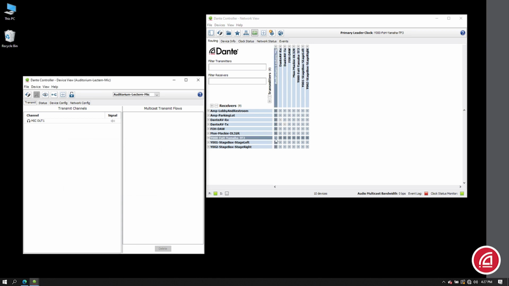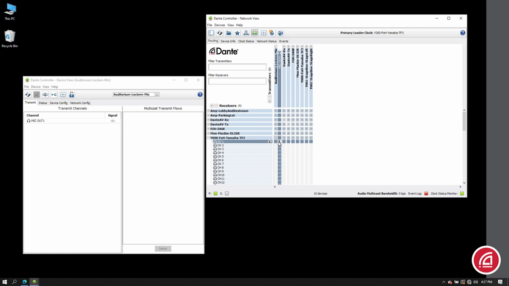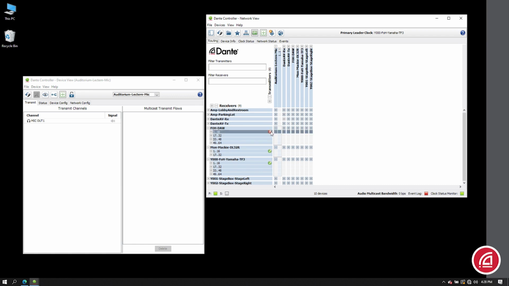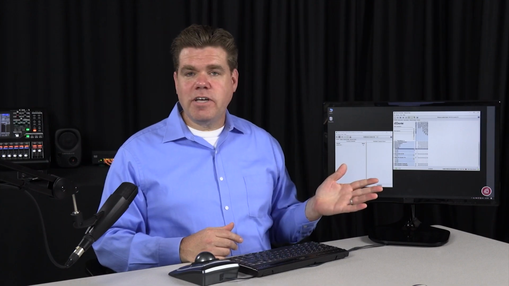So, if I make a subscription to the first mixer, we know I've used 1 Unicast flow. When I make a subscription to the second mixer, I've used a second Unicast flow. So what happens when I try to make a subscription to the third device? Oh, I don't get my green check mark. Just like we learned in level 1, let's hover over this symbol to get the tooltip and find out what's wrong. Of course, we know what it's going to say: no more flows. Of course, we can see I'm getting the 2 subscriptions we made earlier, we just can't get to this third one. So how do we solve this?